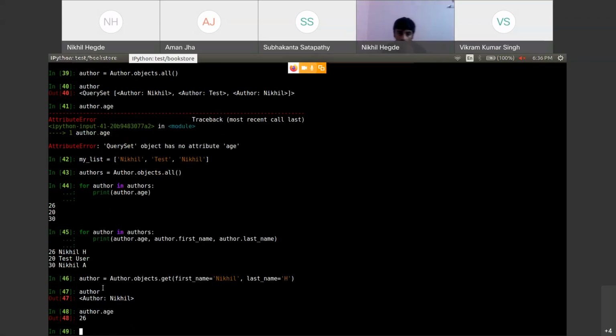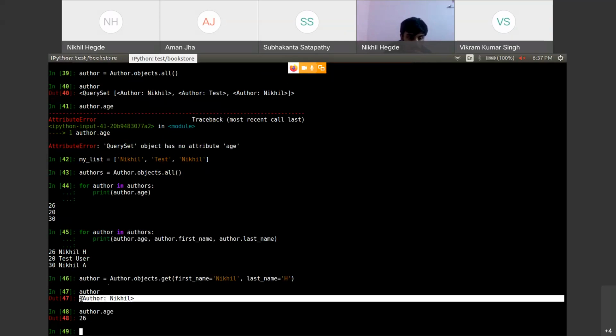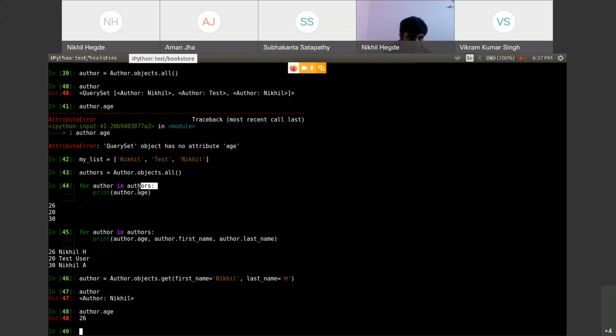Yeah, perfect. The reason I am not iterating through a for loop here is because this is a single object. You can see that there is only one object. It's not a query set. If you use filter, you will get a group of objects. But if you use get, you will get only a single object, because that's the function of get. Get will always ensure that it returns only one object in the output. That's why there is no need for a for loop here.